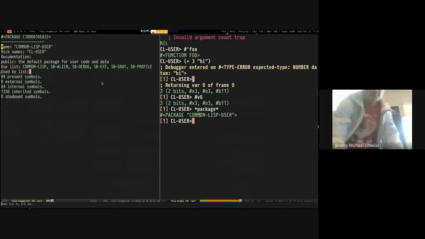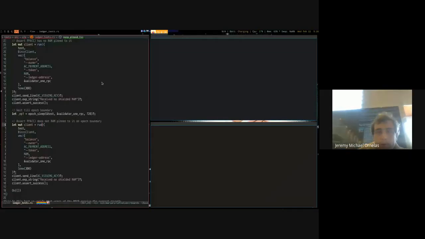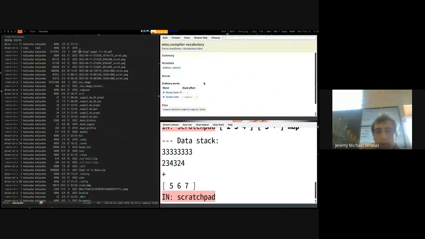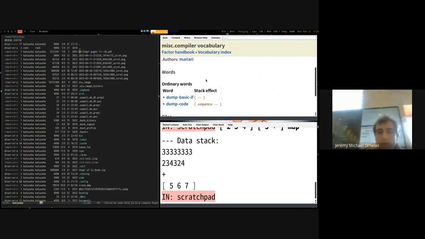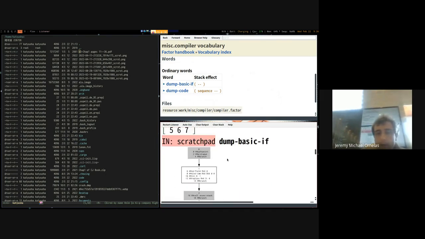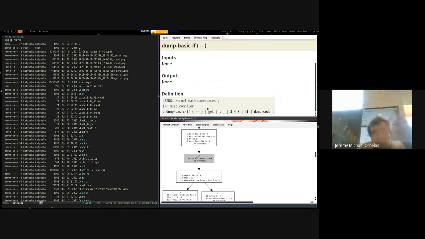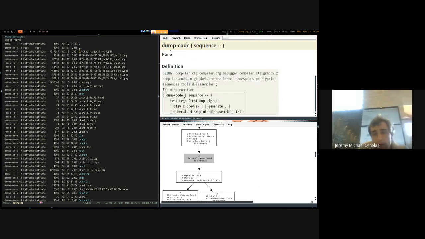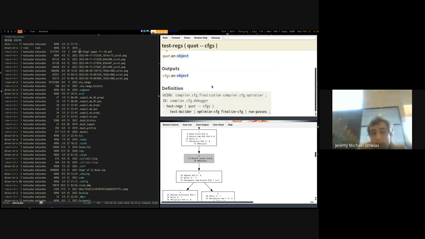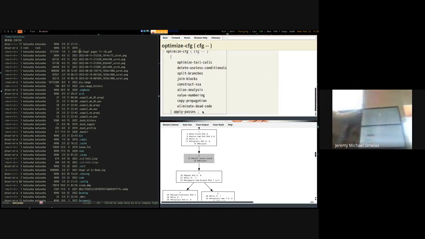A language like Factor does this with documentation much better. I think, where did I put my Factor? I put it on here. We have stuff like here. I was going to show you dump basic if. This tooling is really nice in that it shows me the compiler, and I can even edit this live. If I change this definition, it'll show me live, and I can even change the compiler here, which is running optimize CFG. I can just change the compiler path itself, and then I can see what the graph changes